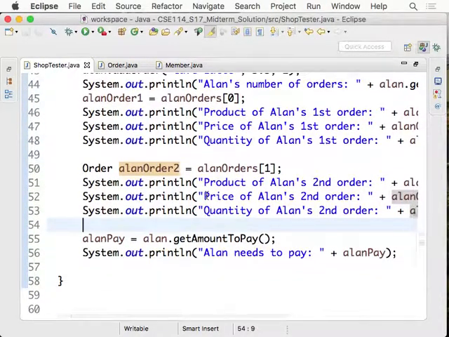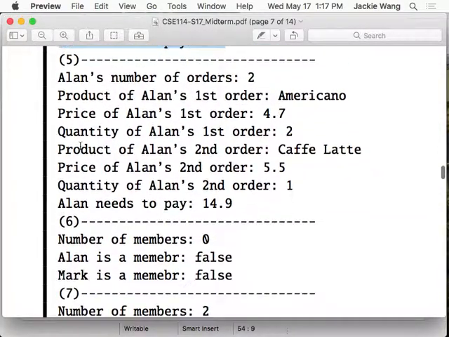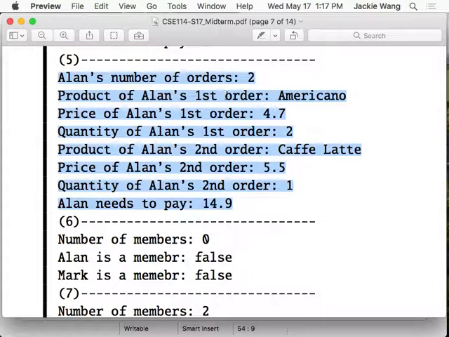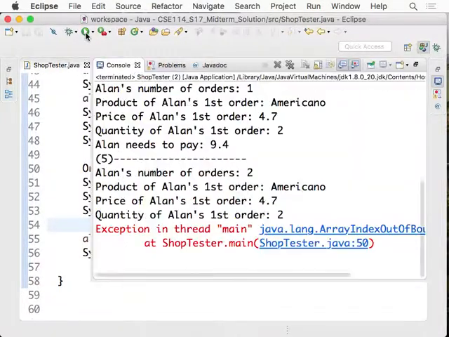And the expected output should be something like this. So now that's what we have. Number 5 over here. The first order should be Americano 4.7 and 2. The second order should be Cafe Latte 5.5, 1, and 14.9. Okay, let's see that. Oh, that's not good. Let's see what we should do. The quantity